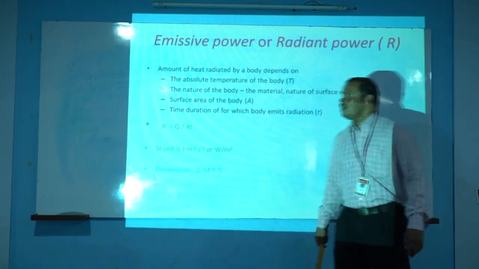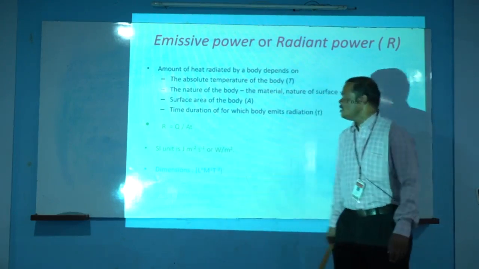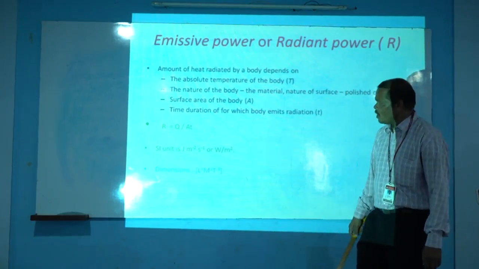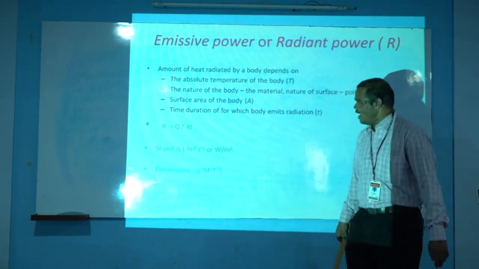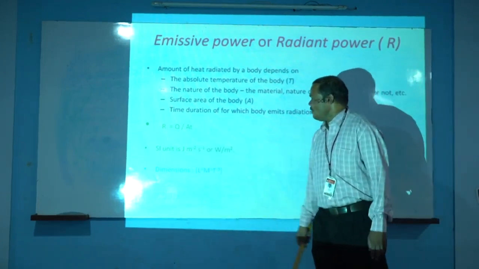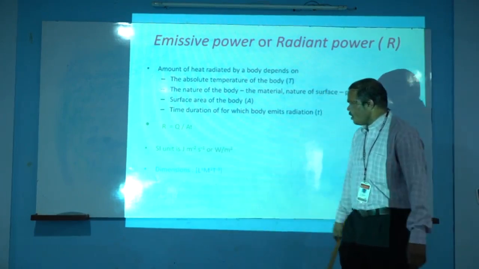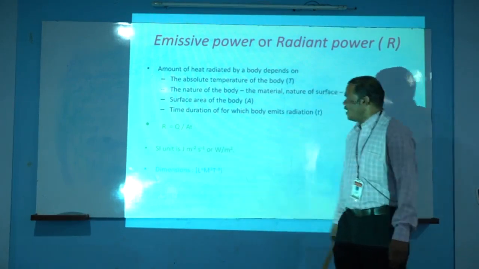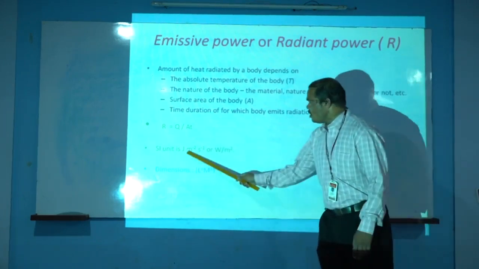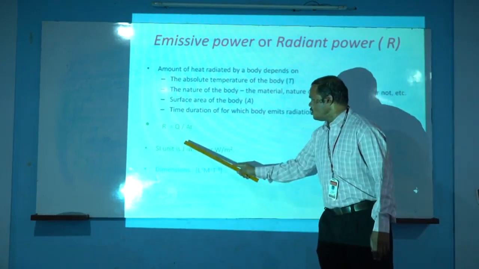Then the SI unit of the emissive power. We know that heat is measured in the form of energy, or heat and energy are equivalent. The SI unit of heat is calorie, equivalent to joule. The SI unit of area is meter square. The SI unit of time is second. So put these units inside the formula. Unit of Q, that is joule,